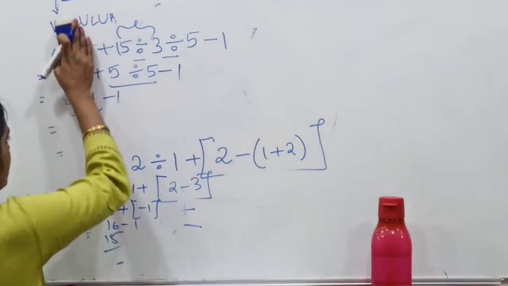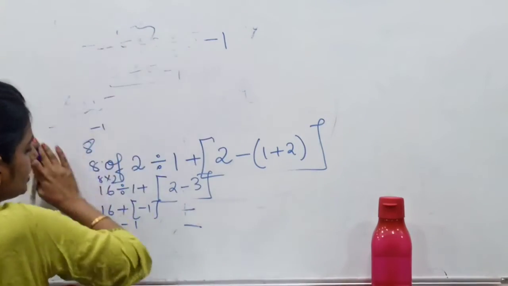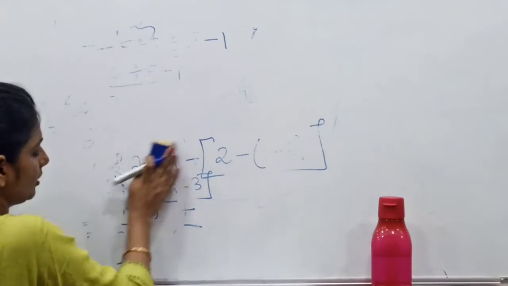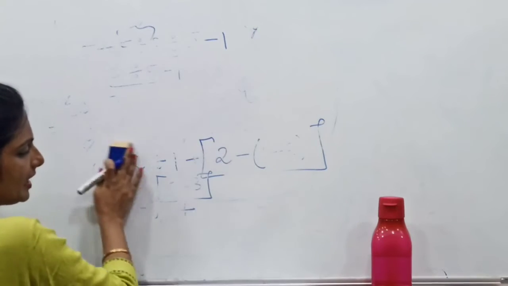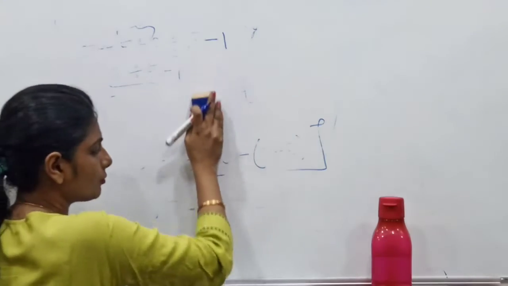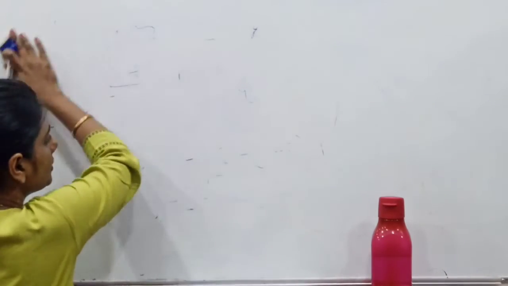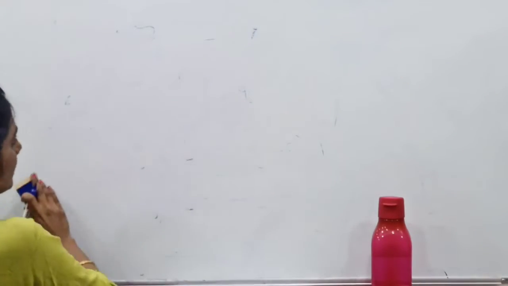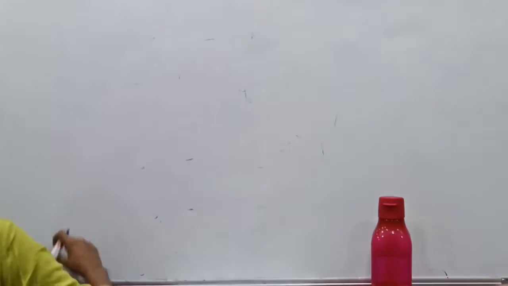Now next is approximation. Approximation means rounding off. We have all done rounding off from class 3 to maybe class 6 or 7. In approximation we are not finding the exact value after the point. We are just rounding it off to a whole number or natural number, and then doing all the calculation. Now how to round off? We all know, but let me give you a recap of it.